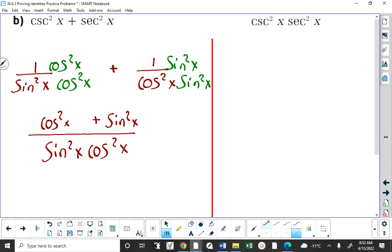Now what we can do is say that the top of this expression is 1, and we would put Pythagorean identity there because cos squared plus sine squared is 1. Does that make sense? Okay. I like the fact that I saw your eyes, you looked at what I just wrote, and then you looked up and to the right,